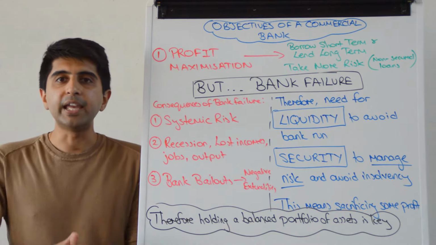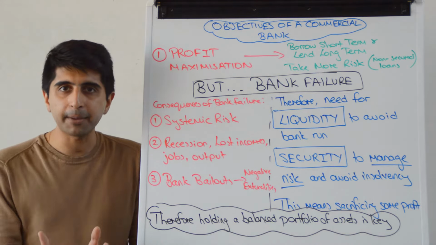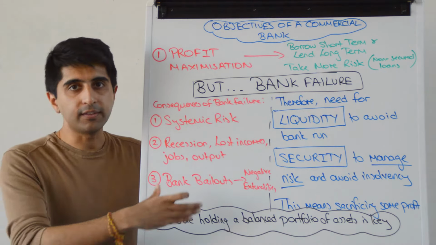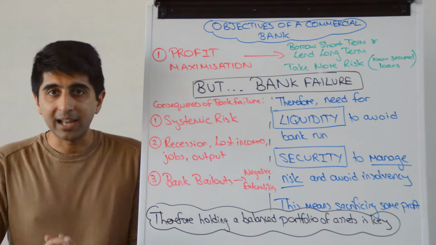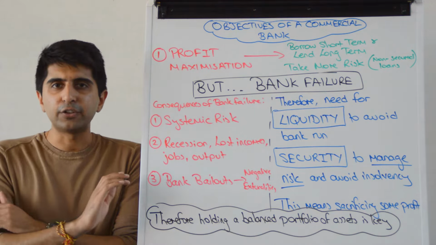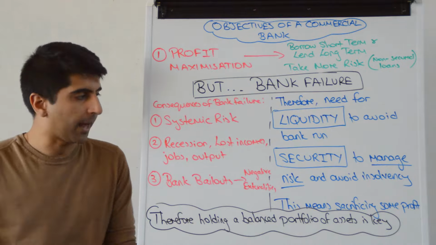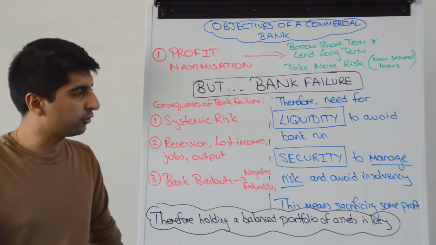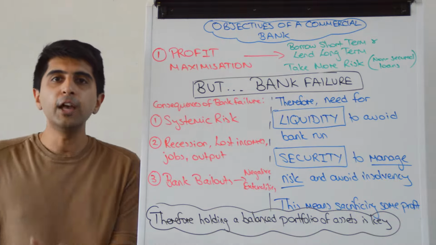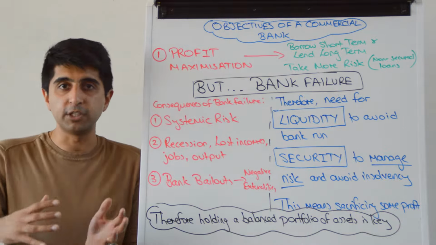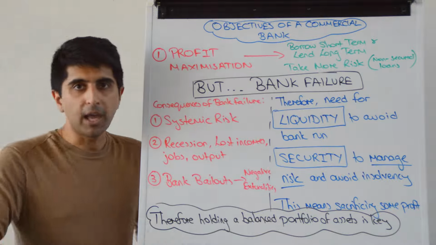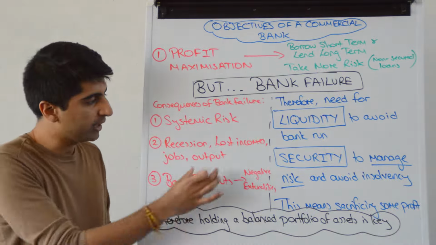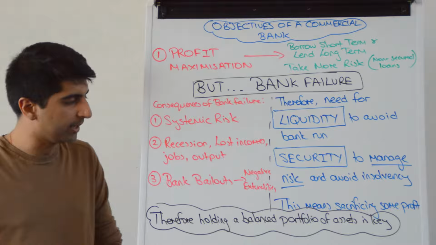As we know in the UK, the financial industry is the backbone of our economy. If there is financial collapse and the whole financial system goes completely into collapse, there is going to be a deep financial crisis and recession in the country. And with that, we know there'll be lost incomes, not just for those who work in the industry, but generally throughout the economy. There'll be high unemployment again throughout the economy, lost output, all bad news, completely bad news.